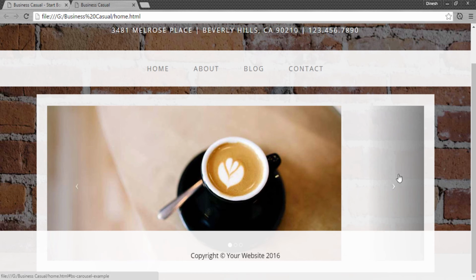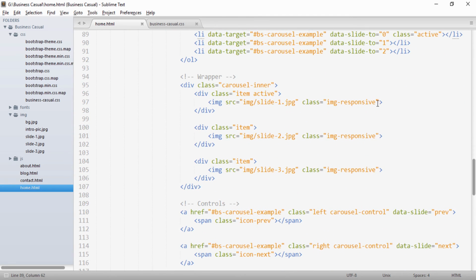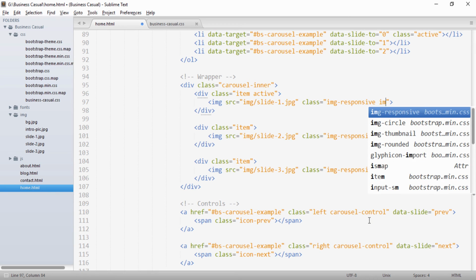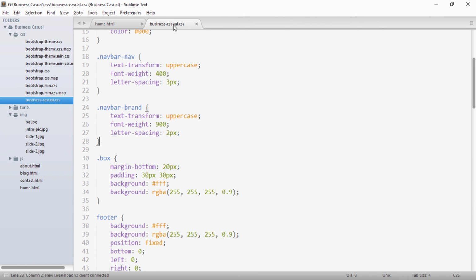And in order to make this image occupy the complete carousel, what we'll do is provide a class to our images. So with img-responsive I give a class of image-full, and I will just copy this and paste it here. To this class I will provide a CSS.